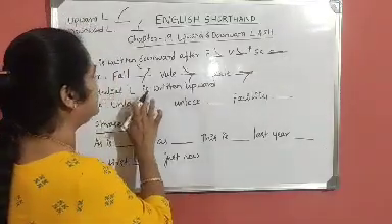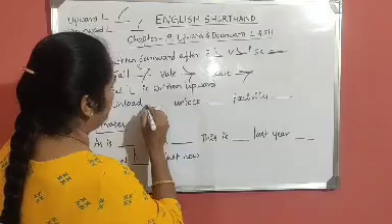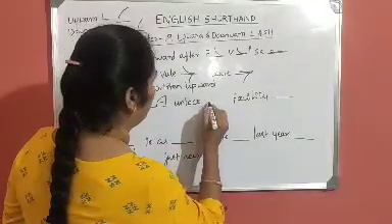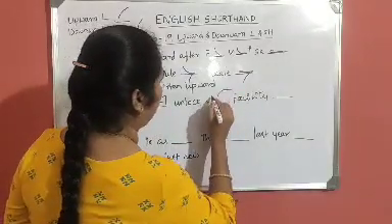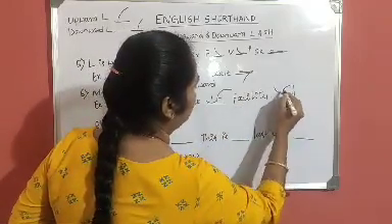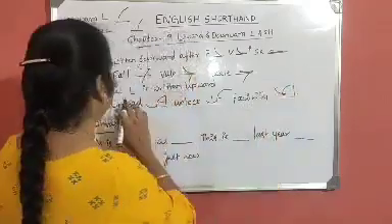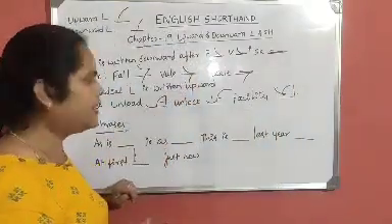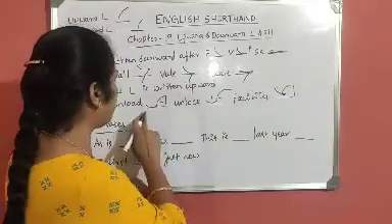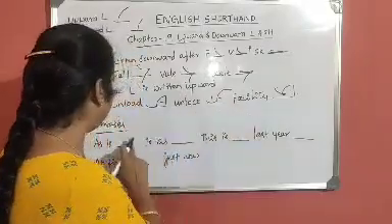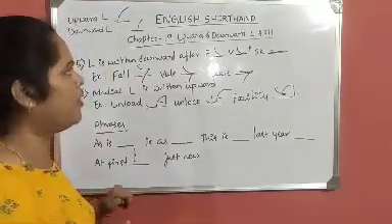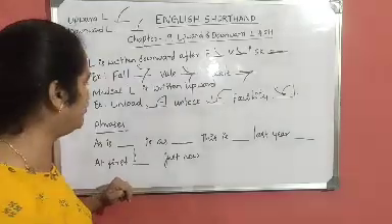The sixth rule is medial L is written upward. For example, unload, N, L, D. Unload. Then unlock, N, L, K. Unlock. Then facility, F, S, circle is L, T. Facility. See, when the L will come in the middle of the word, at that time we have to write upward form of L. For example, unload, unlock, facility. Then these are the 6 rules we have to follow while using upward and downward form of L.